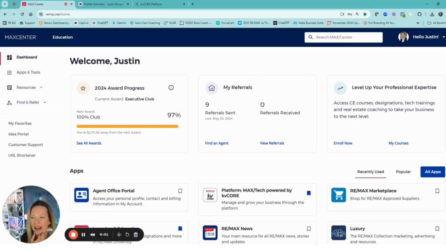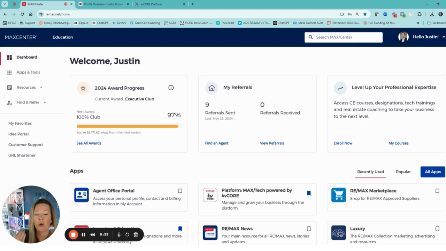Everyone, today I'm going to cover your service areas as far as leads being directed to your site. On an agent level, we've always kind of had where we can enter zip codes, cities, anything like that. That is no longer the case now that we have MAXTECH. So the service areas that we receive leads from corporate, remax.com, are actually only dictated by what the broker has